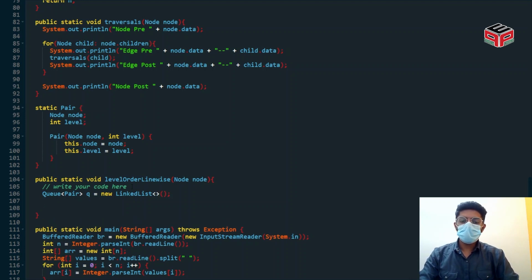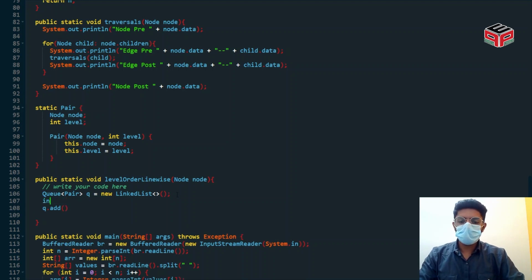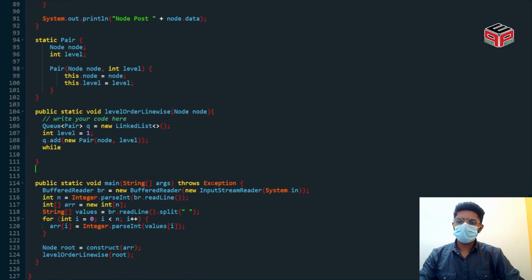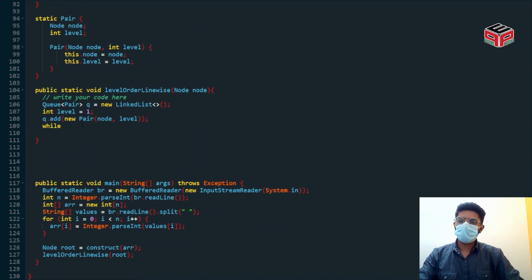Now let's add the root node with the level 1 in the queue, as we always do. Let's also declare a variable named level as we did in the prior one, equal to 1. Queue dot add new pair, node, level. Now we'll run a loop. So while not queue dot is empty,